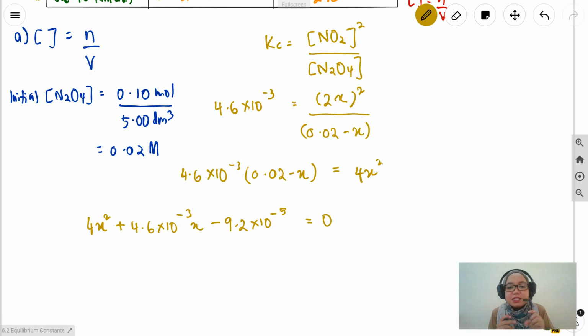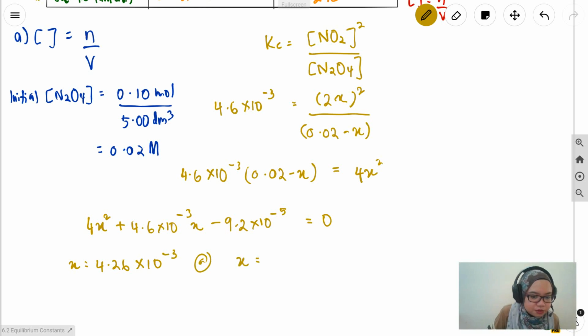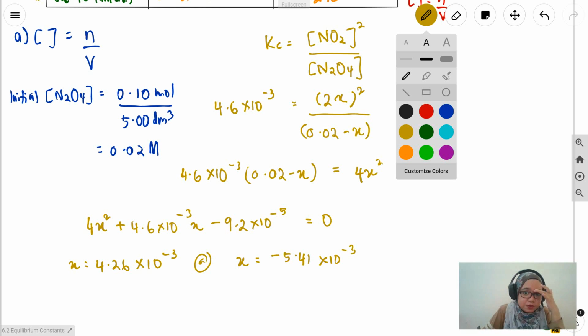So, when you put in the calculator these values, A = 4, B = 4.6 times 10 to the power of negative 3, C = negative 9.2 times 10 to the power of negative 5, you will get X equals 4.26 times 10 to the power of negative 3, or X equals negative 5.41 times 10 to the power of negative 3. And this value here